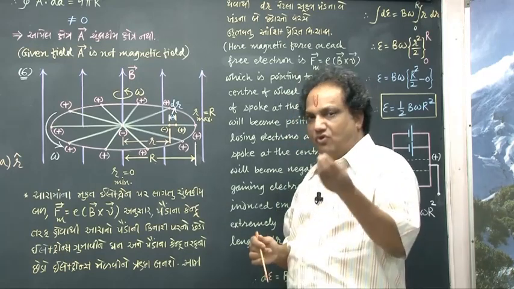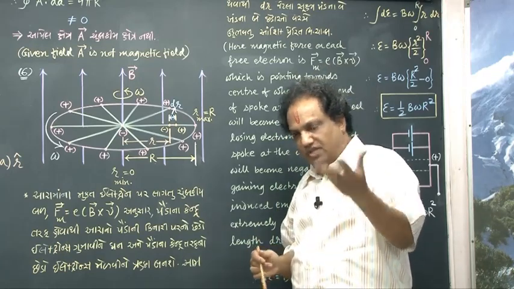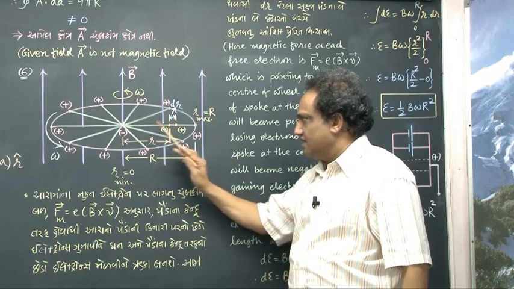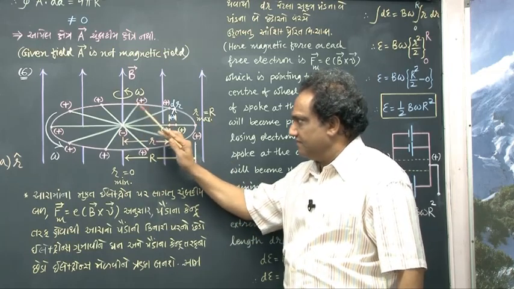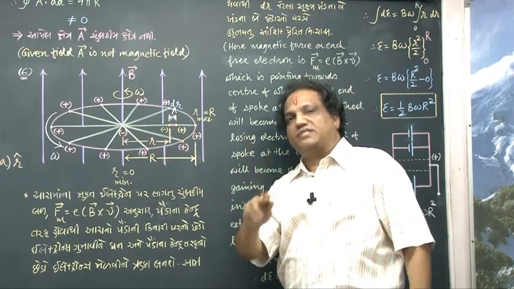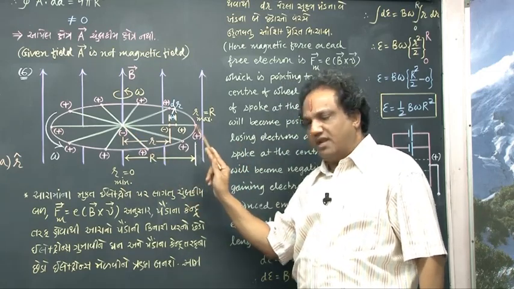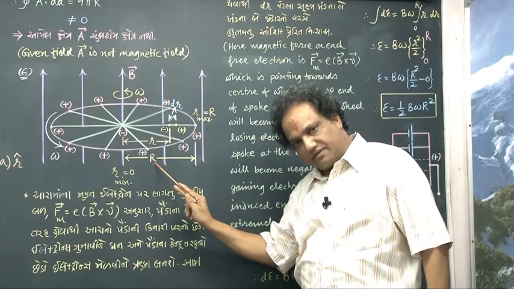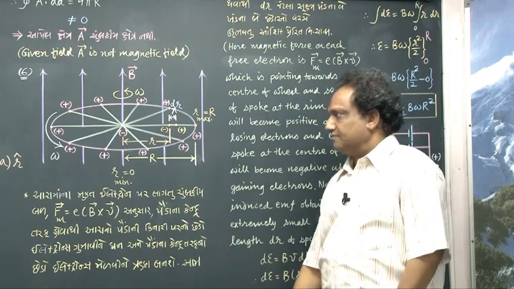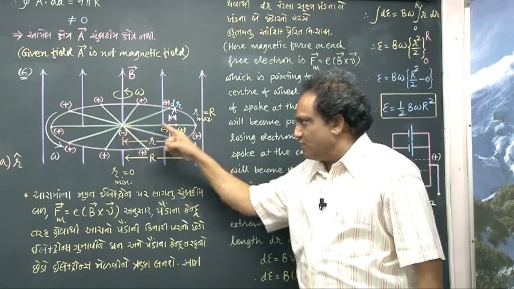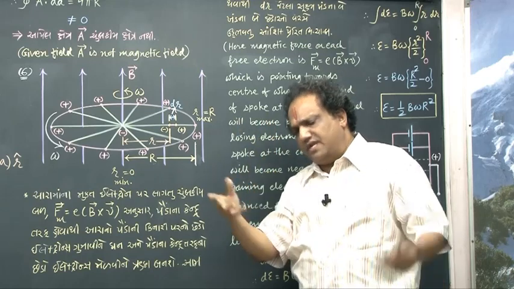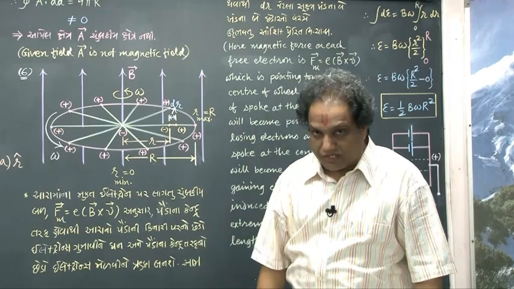Now a few spokes are shown in the figure, and each of the spokes has the same length, and that length also indicates the radius of the wheel. Let it be capital R. Now tell me, in each of these spokes, which is a metallic wire, there are plenty of free electrons, and